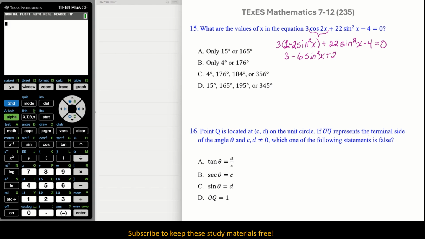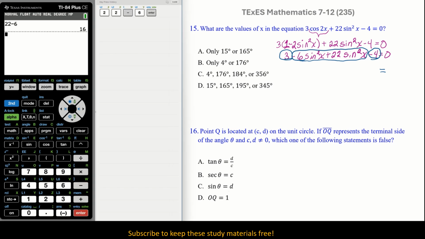Okay, so we have 22 sine squared x, okay, minus 4 equals 2. So now what do I need to do? Well, we need to do some combining of like terms here, okay? So we need to put these together, okay? And then we need to put these together, all right? So we will have, well, if you take 22 minus 6,